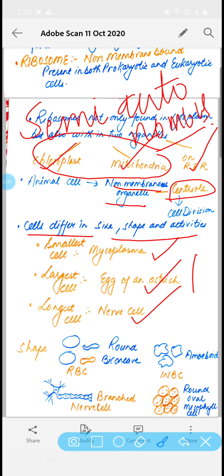Now we come to the shape of the cell. If we observe different kinds of cells under the microscope, we find that the shape of the cells also differs. Now I have taken a few examples of the shapes that